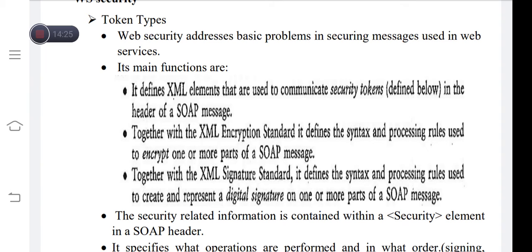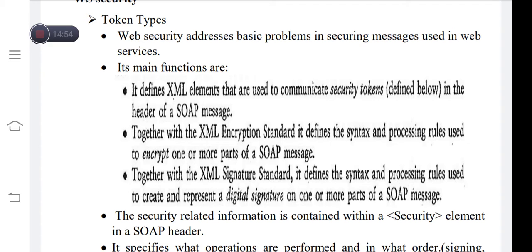Together with the XML encryption standard, it defines the syntax and processing rules used to encrypt one or more parts of a SOAP message. And together with the XML signature standard, it defines the syntax and processing rules used to create and represent a digital signature on one or more parts of a SOAP message.